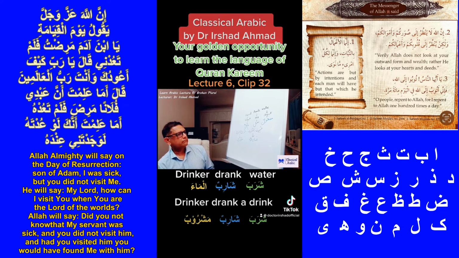So we know that we can replace Hamid with Sharib, someone who drinks something, drinker, so to say. So we can say drinker drank water, and in Arabic we will say,